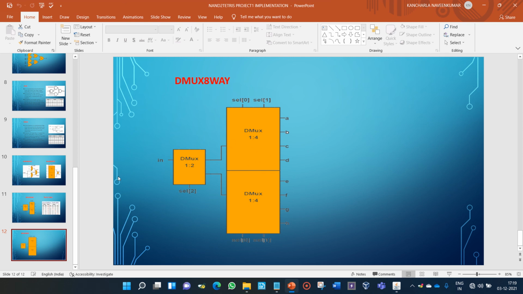Till now we have covered everything in project 1, and in project 2 we are going to implement some other gates, and for those gates what we require are the project 1 gates which are designed now. The AND, XOR, NOR, the gates which you designed now, those we will be using in project 2.